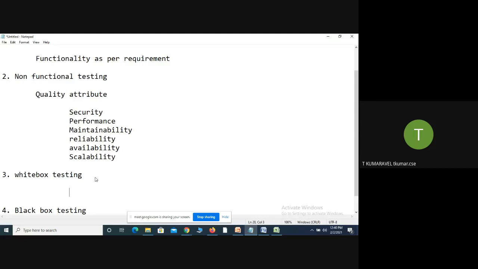In white box testing, we test the internal structure of the application.